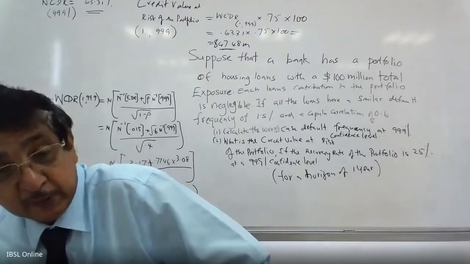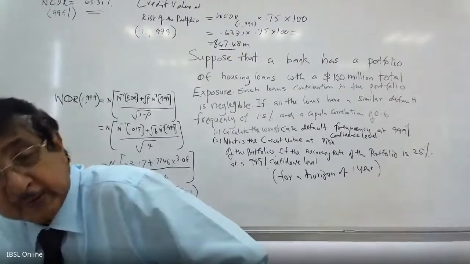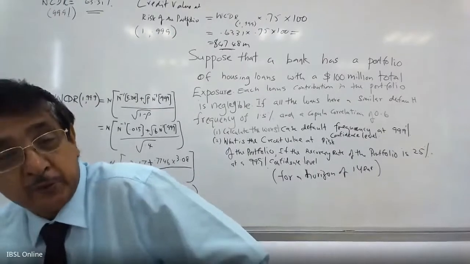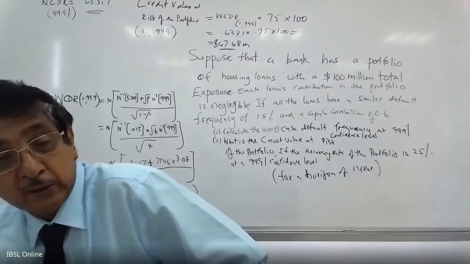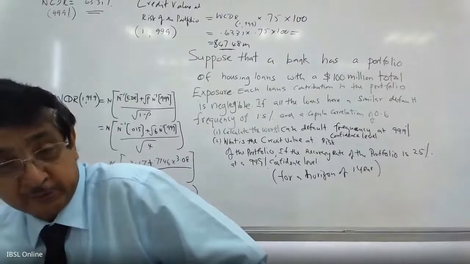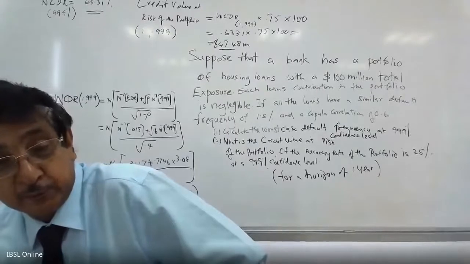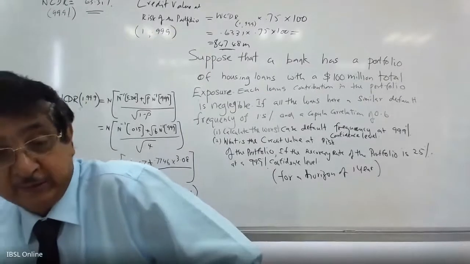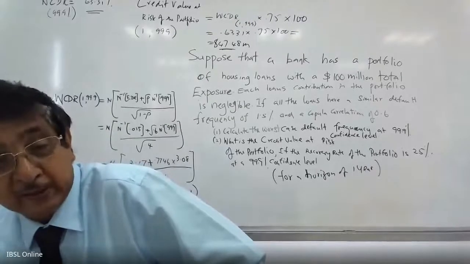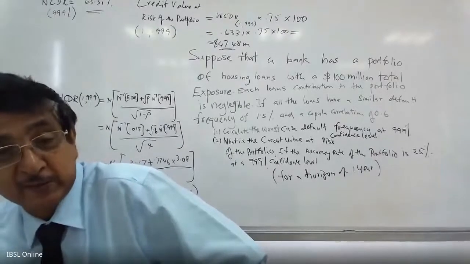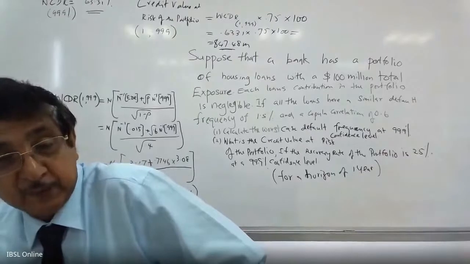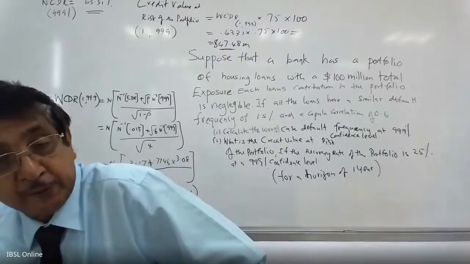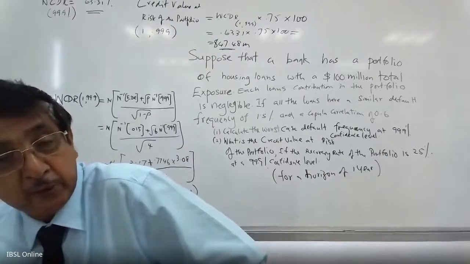That means that is the highest probability of default you can think about. You are 99.9% certain that it would not go beyond that level. That is what it means. I think that concept is very important, because the value at risk concept we have already used in